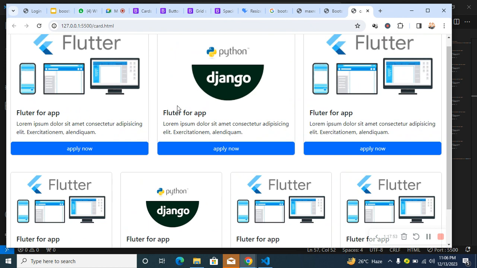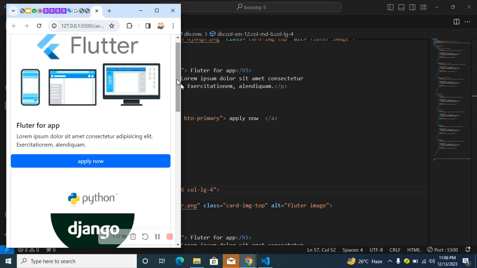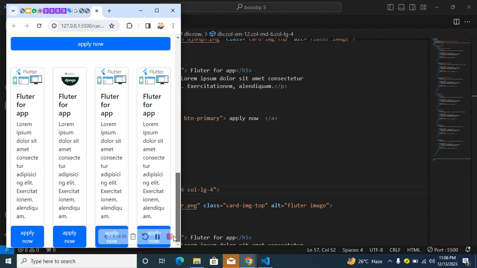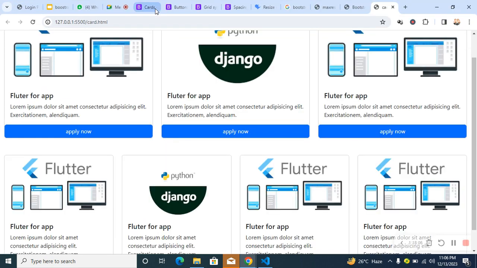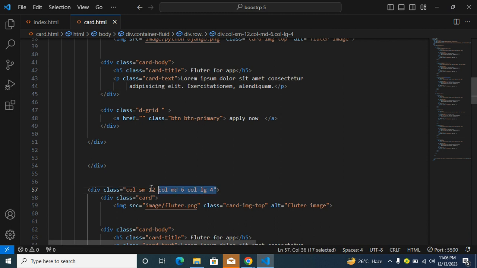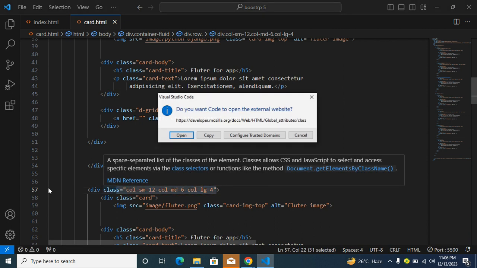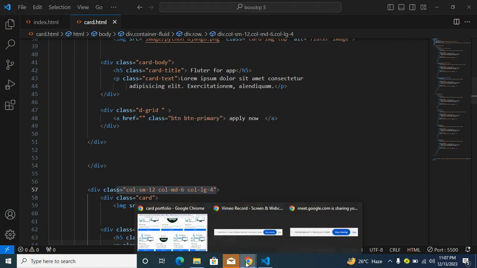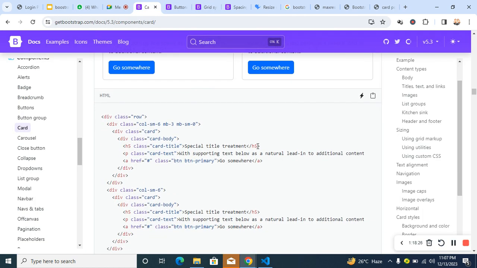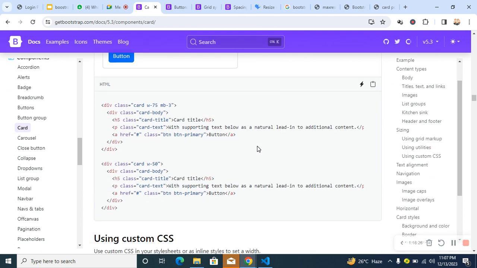Is there anything you don't understand on this responsiveness, so that I will be able to throw more light on that? Okay, I believe everybody understood. This is very simple. So I can be able to have multiple responsiveness. So let's quickly move on, we have other things to cover on these cards. Next one we are going to be looking at,